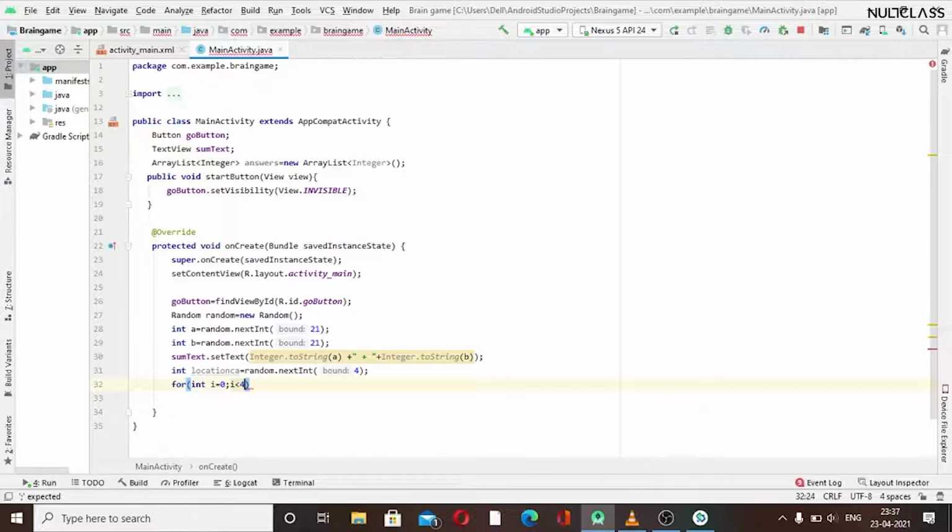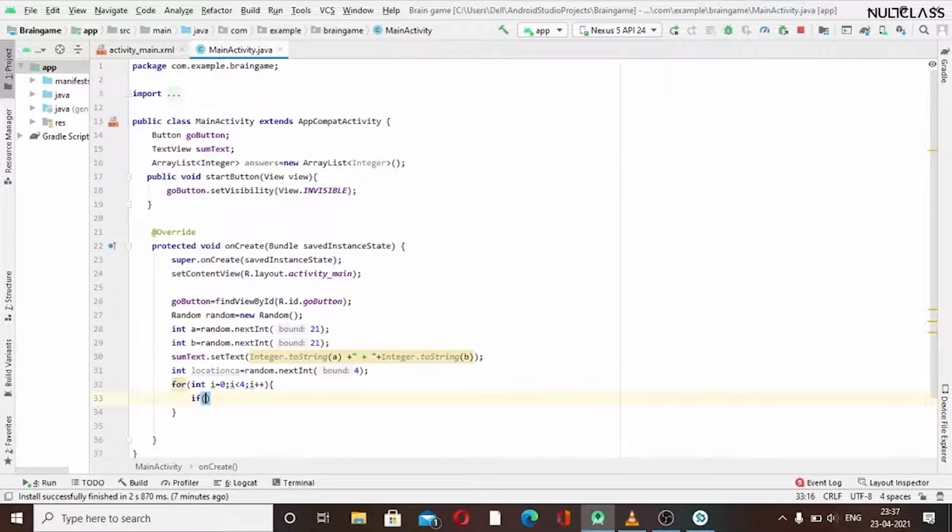We have a limit of 4, and I should increase. Then inside that, we will see the locations, 0, 1, 2, 3, and if that location is the location of the correct answer, then we have to insert that first in our array list. Okay, so we will be using an if statement here.